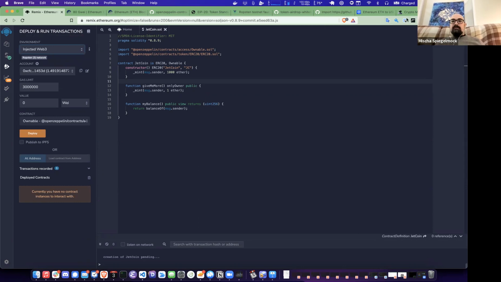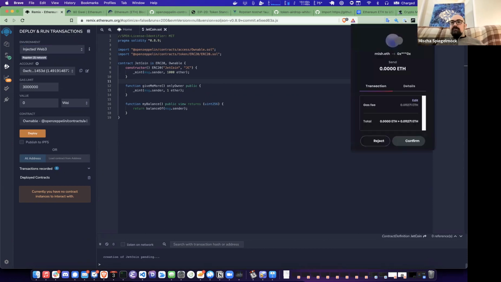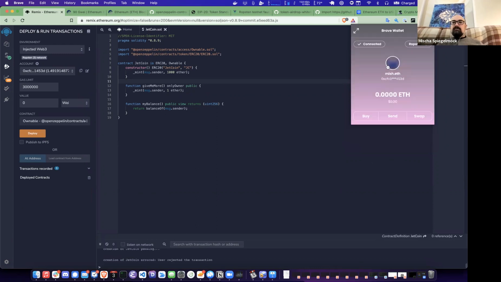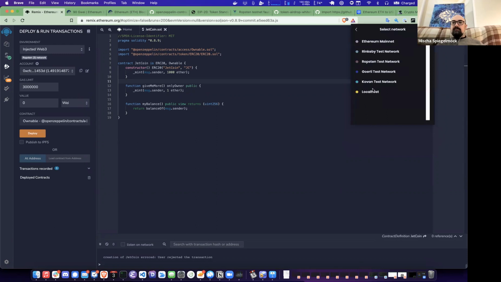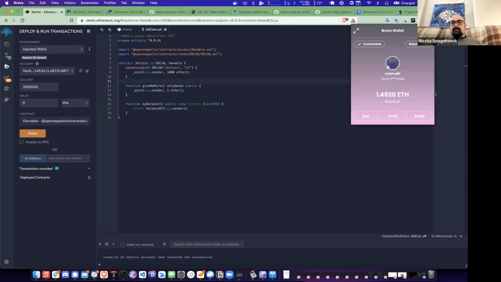So let's deploy it to a blockchain network called ROPSTIM. So what is ROPSTIM? If you use any sort of wallet or look at any sort of Ethereum transactions, there's actually a few networks. There's the main net, which is usually what people talk about, but there's a number of test networks as well that you can choose to be on. So you can select inside your wallet which network to join. So I'm on ROPSTIM, it's just one of several.